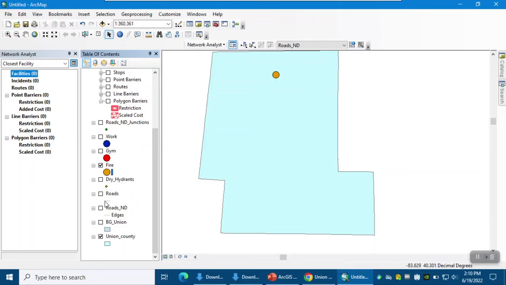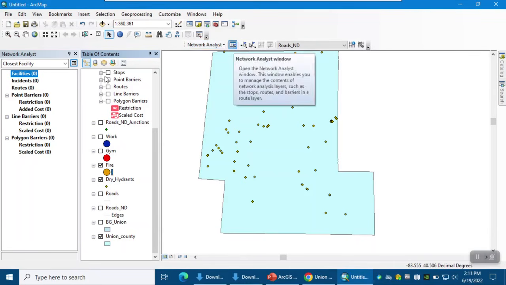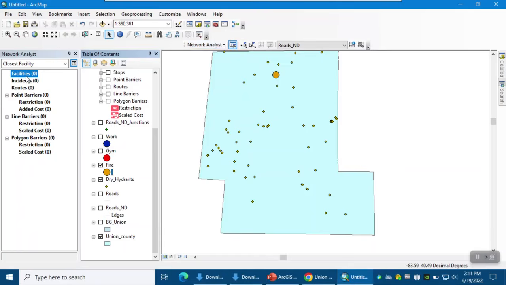I have the location of the dry hydrants. It's based on the traveling time. It's based on the road travel. It's not just based on the distance. It's based on the available roads. From network analyst, you need to tell network analyst what your facilities are and what the incident is. Definitely our facilities are going to be the dry hydrants, and our incident is going to be the fire,